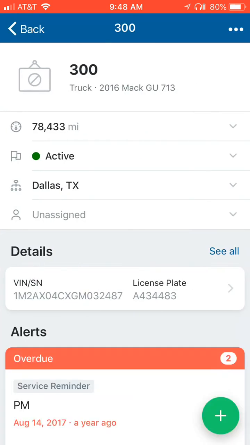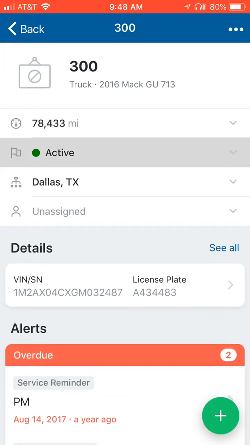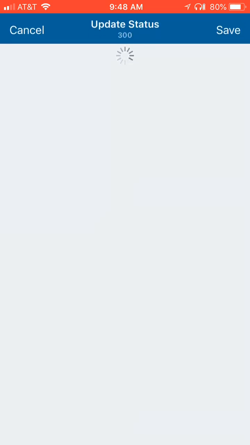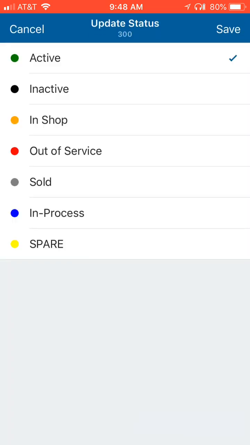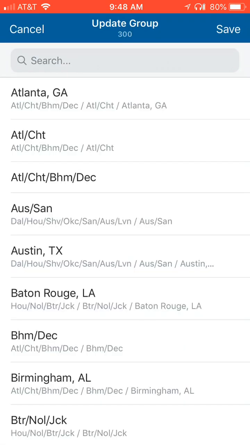It'll come up and it'll show you what type of vehicle it is, the miles, and it's active right now. If you have one when it goes in the shop, you can change it to in shop. The area, if you move it from one area to another, like this one's listed in Dallas right now, but say you move it from Dallas to San Antonio,